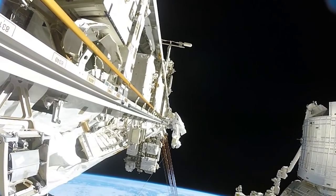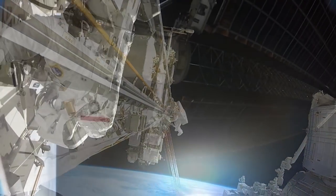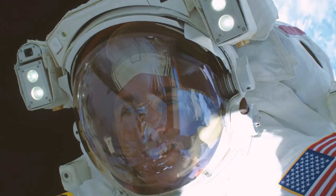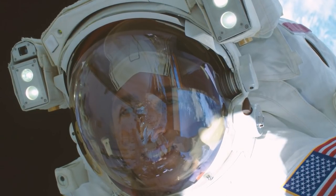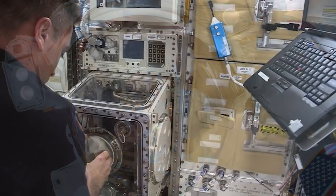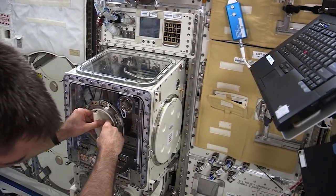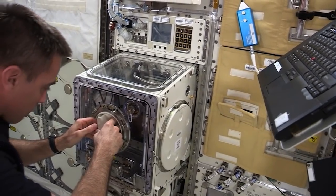At the end of the day, there's several things in a mission that requires a person to turn a wrench and fix it. On my first mission, I was a shuttle crew member and we were helping construct the space station. My second mission as a space station crew member, we were just kind of getting up on step on really